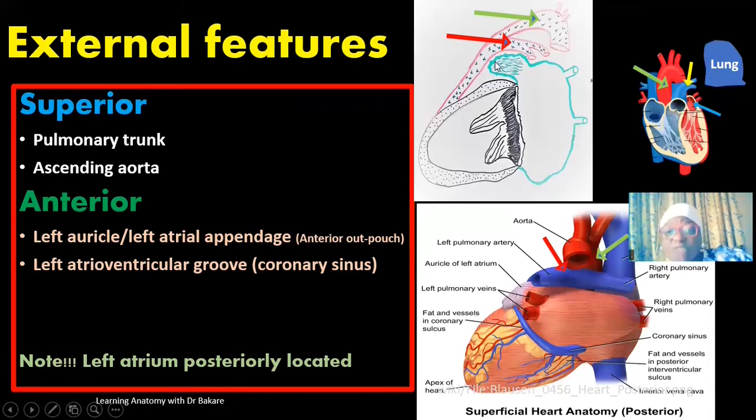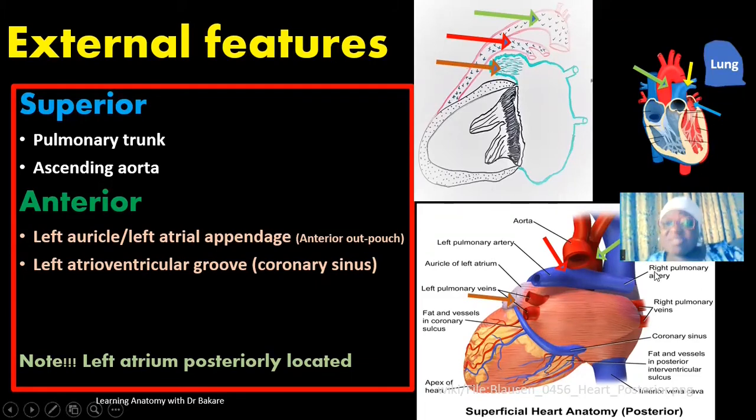So this is like an outward extension, and this is called the left auricle. It is also referred to as the left atrial appendage. It is an anterior out pouch of the left atrium. If you look at this image down here, this is the left auricle, which is an extension that is created in the anterior part of the left atrium. So you see it as an outward pouch on the external surface of the left atrium. If you look at this image up here, this is also the left atrial appendage. You see it has an anterior extension or out pouch